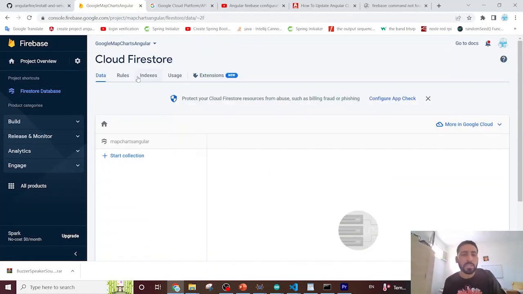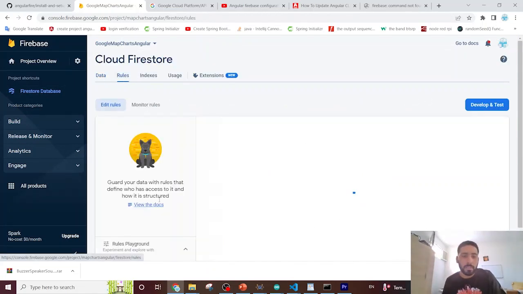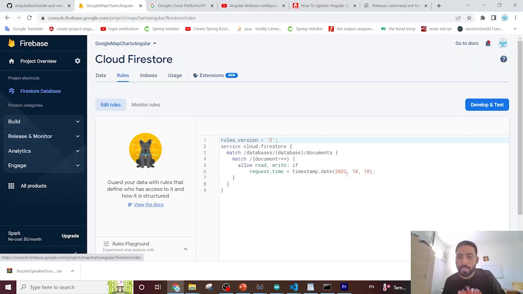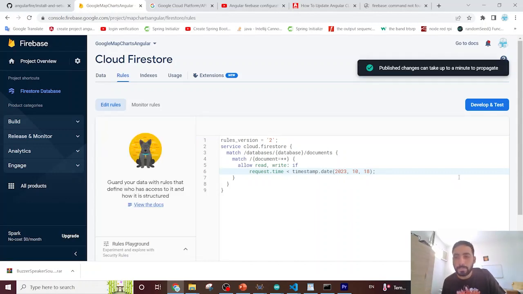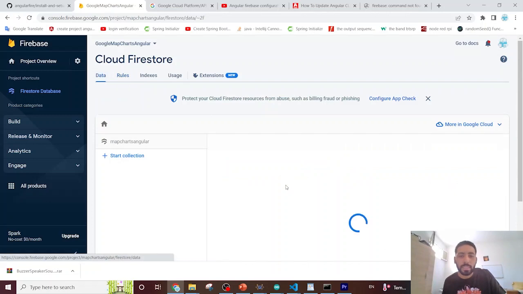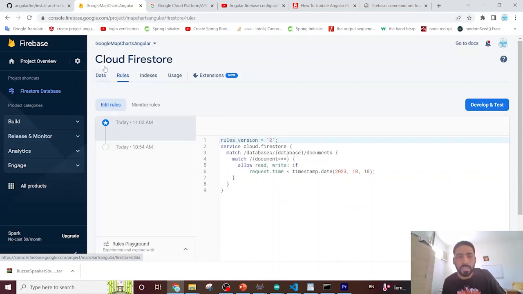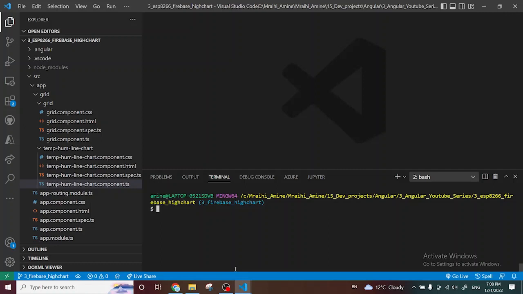And we can modify here the rules in order to extend the testing period. Here we can see 23 here, so that we won't have an issue for dates and expiration dates. Okay, I will click on publish, and you can use the data in this Firestore until next year. Okay. And now we have to add Firebase to our project, and in order to do that, we just use this command